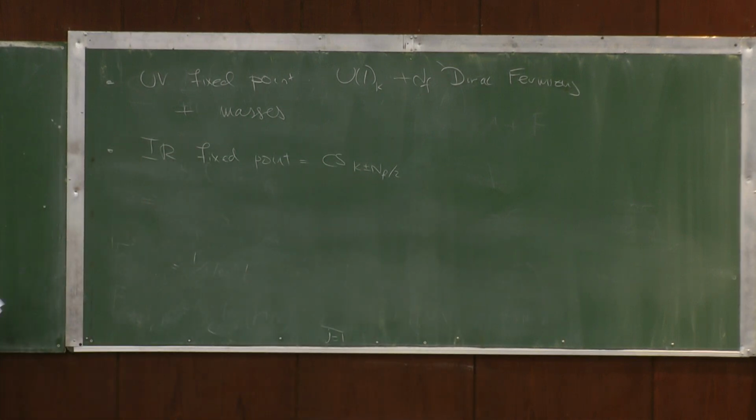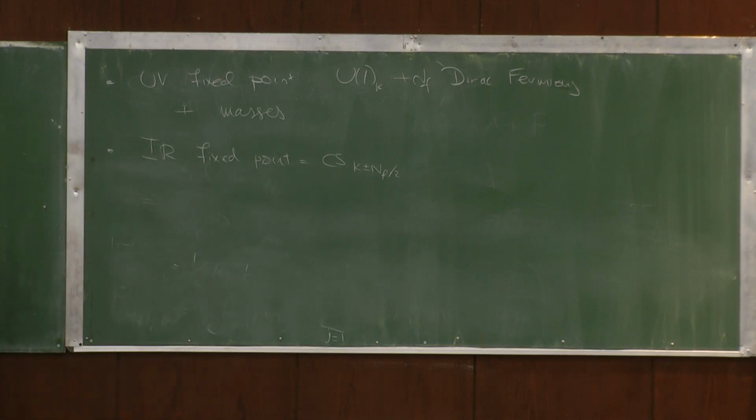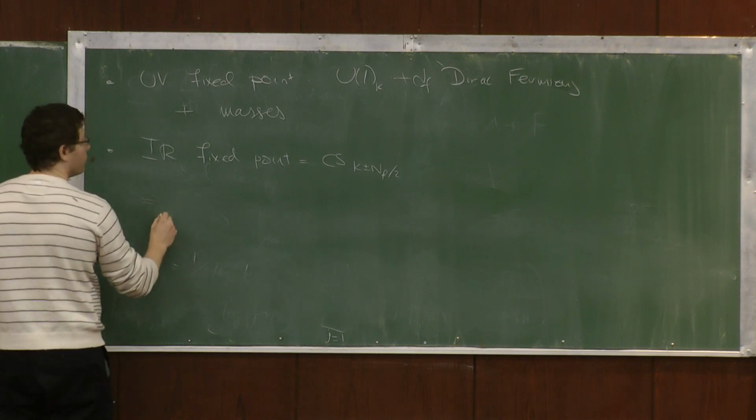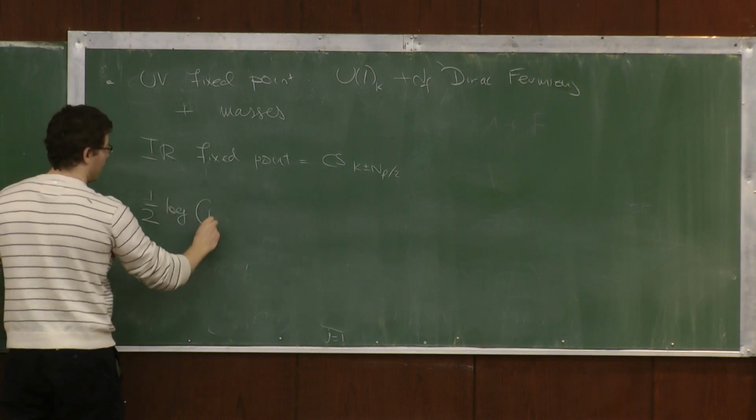If the conjecture is right, it means that the partition function of the UV fixed point is larger than the partition function of the infrared fixed point. The infrared fixed point is, strictly speaking, from a field theory's point of view, empty. But you saw that this F is quite subtle, and you have to keep track of Chern-Simons terms. So the conjecture would amount, in this case, to saying that a half of the log of k plus minus